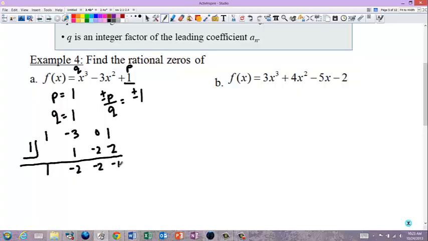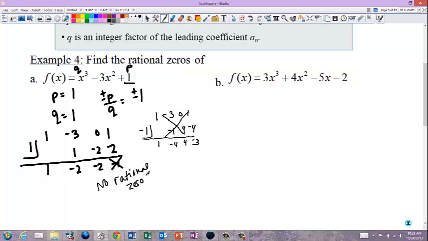It works if you get a 0. I did not get a 0. So now I'm going to test -1. 1, -3, 0, 1. 1, -1, -4, 4, 4, -4, -3. So it didn't work. And that's all. Oh, I only have 2 to do. Why did I say I had 4? I don't know. So this one has no rational